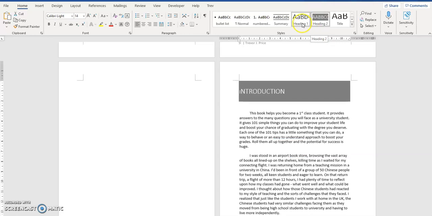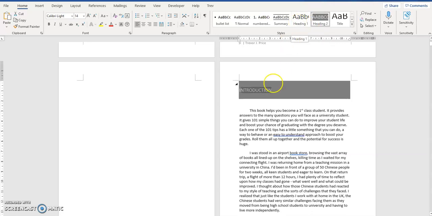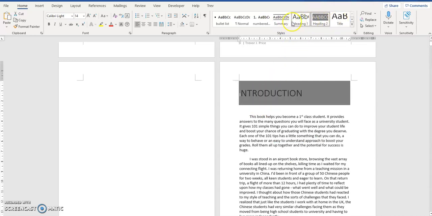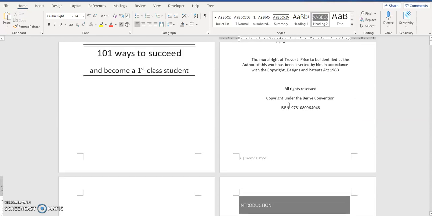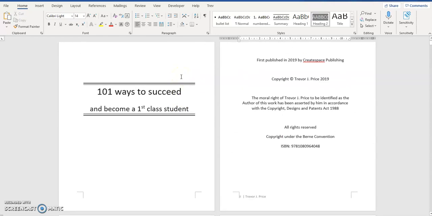But you can see I've got a different heading setting here, which is heading 1, and I've also got a title setting, a summary setting, a numbering system setup, and a bulleted list style as well. But let's not worry about those at the moment. So you'll see in this document as well, this is the first version of a book I wrote called 101